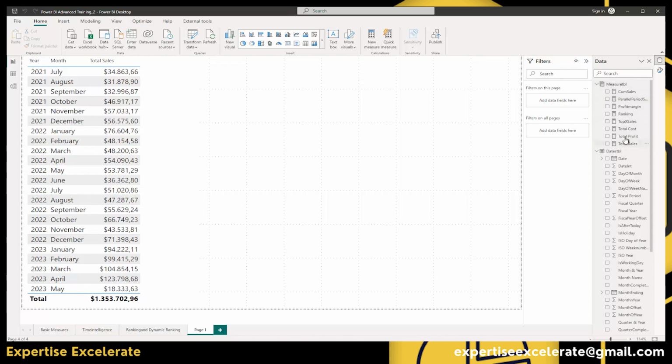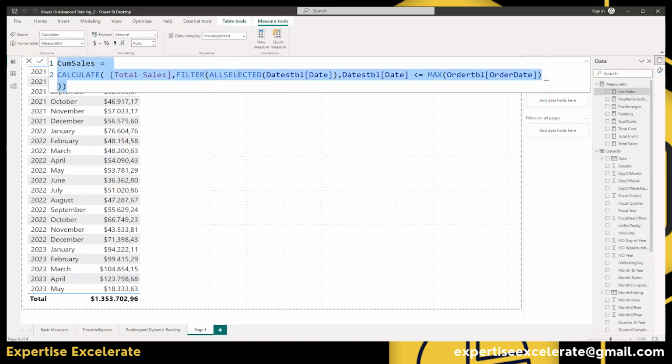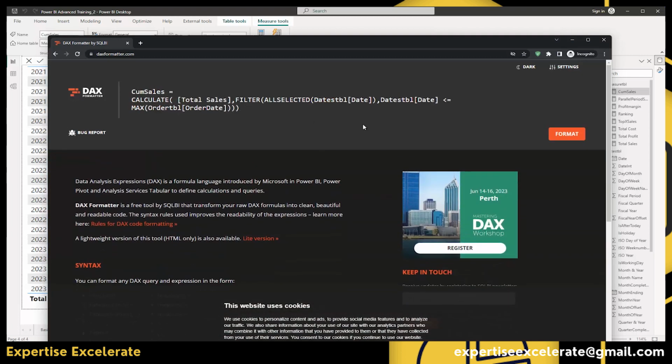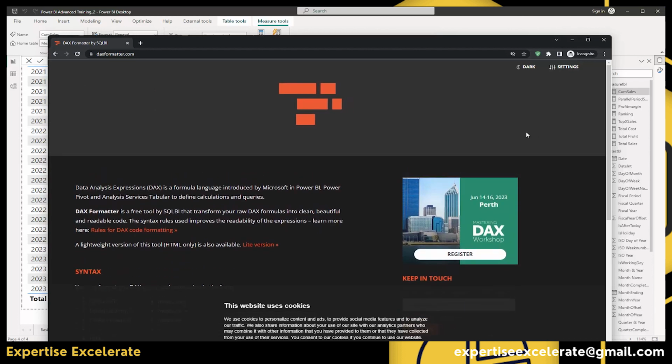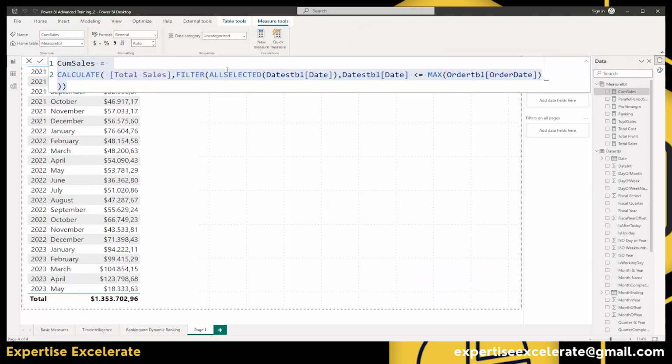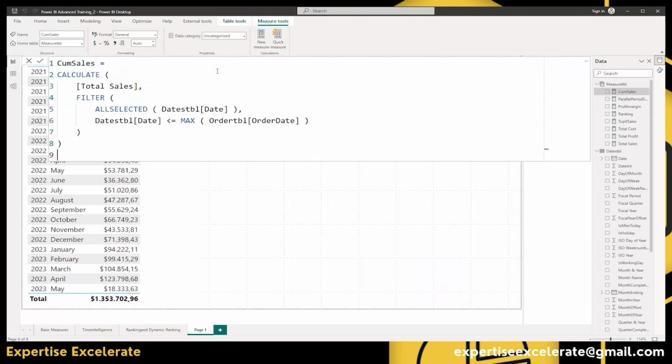Maybe I was a little too fast. So where is it? The cumulative sales. Here we go. I take this here, Control C to copy it. I go back to my measure, and let me just paste this inside, Control V to paste it. And obviously one of the parentheses is missing, so let me format it again. And here we go. Okay, let's copy it, and then go back to our Power BI report, paste it inside,